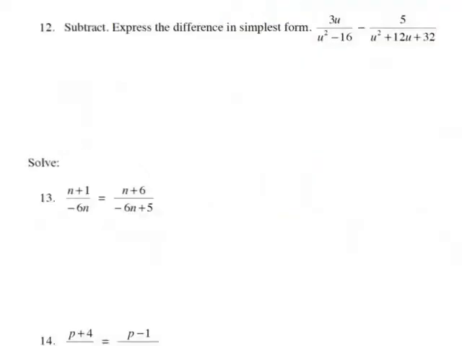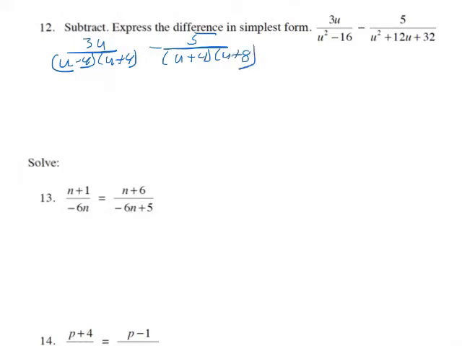Okay, number 12. We're going to go ahead and factor this. So let's see. I have 3u over u minus 4, u plus 4, minus 5 over, and it's going to factor down here to be u plus 4, u plus 8. Now, looking to find my common denominator, and we've done enough of these now that